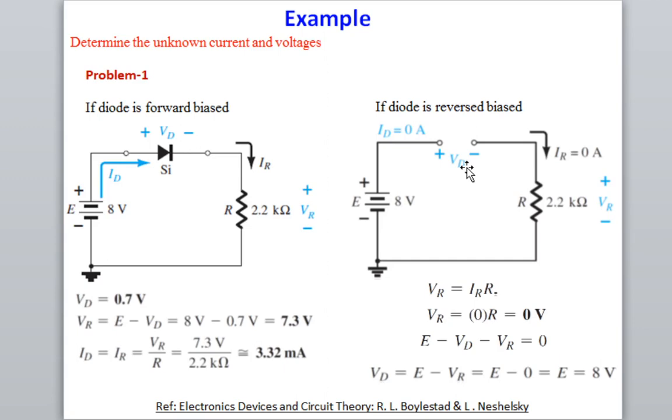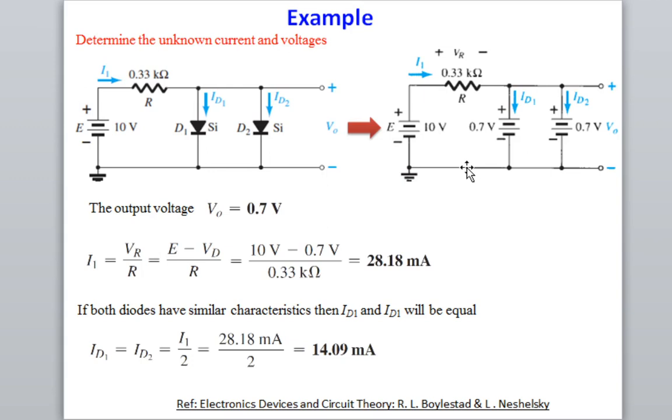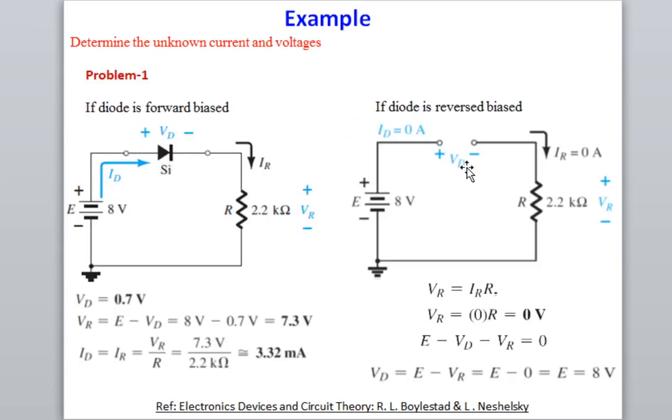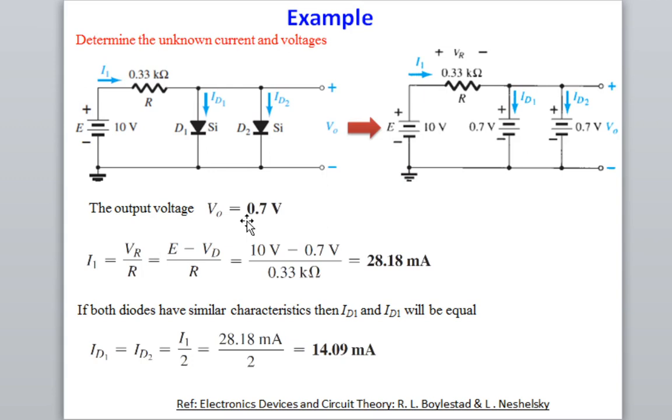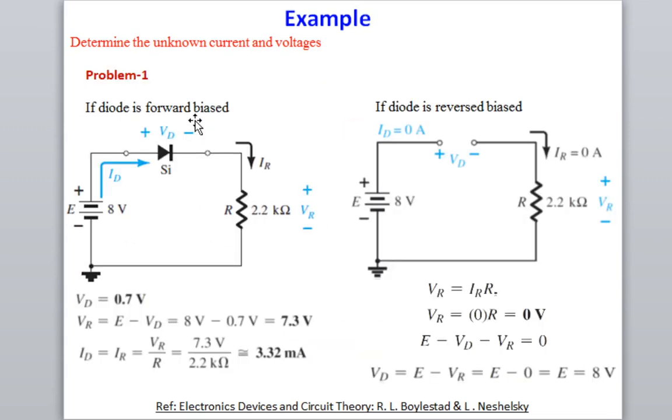When you are asked to find some voltage, current, or any resistance value, let us take another example. Here in this problem, I took only one diode, a simple series diode connected in series with a resistance. Now let us think some more. If you have two diodes, connected in a parallel combination, or they may also be in series combination.